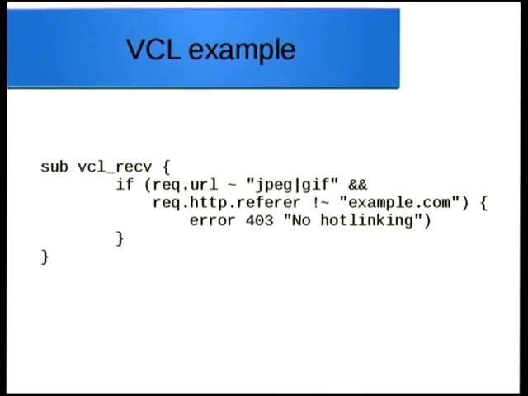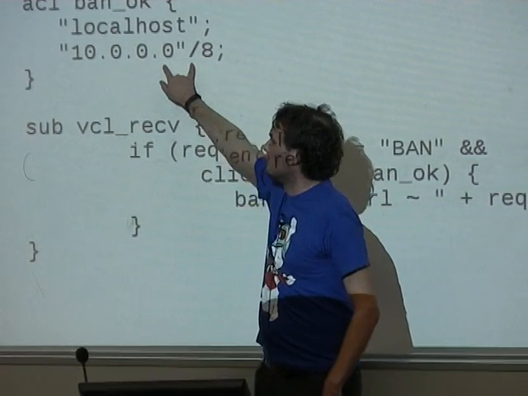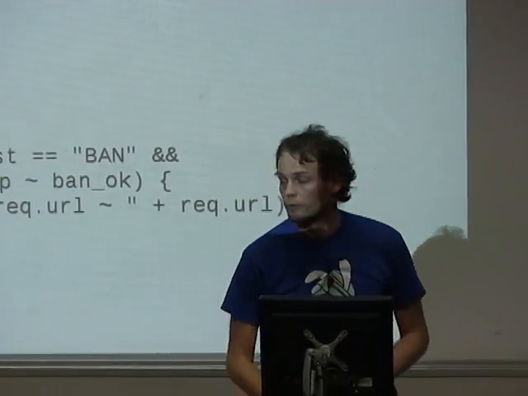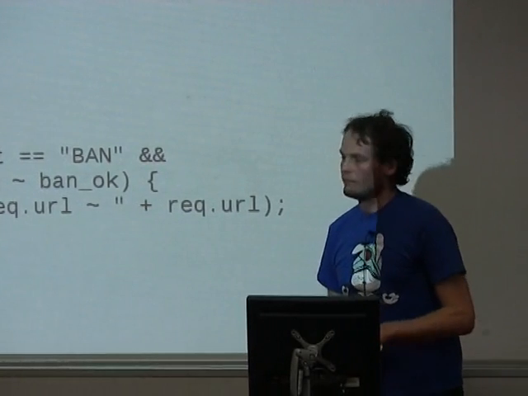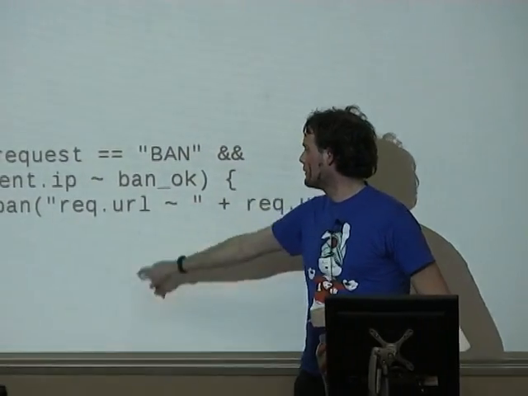Other features are instant invalidations. We have ACLs. You can use DNS names, or you can use subnets. Subnet masks also get optimized and compiled down to basically look at one octet. And then if the request is ban instead of a get or a post, and the client is one of these, then